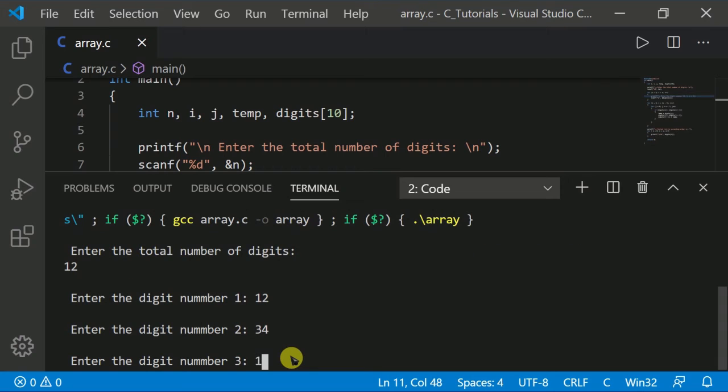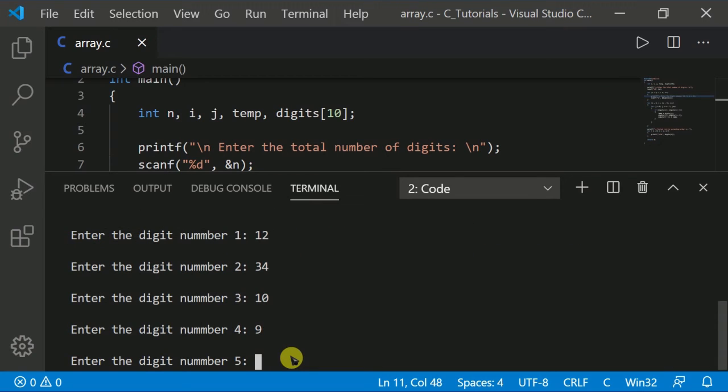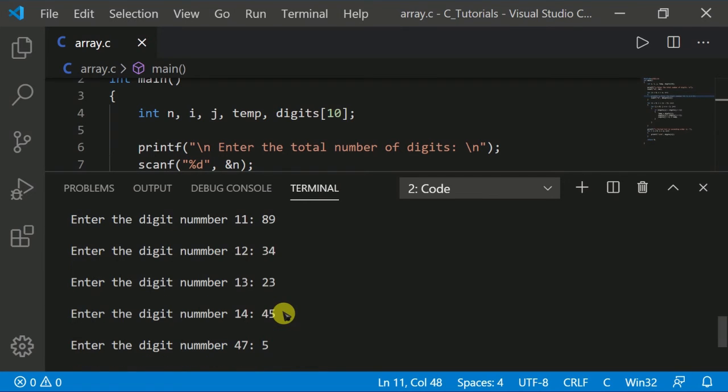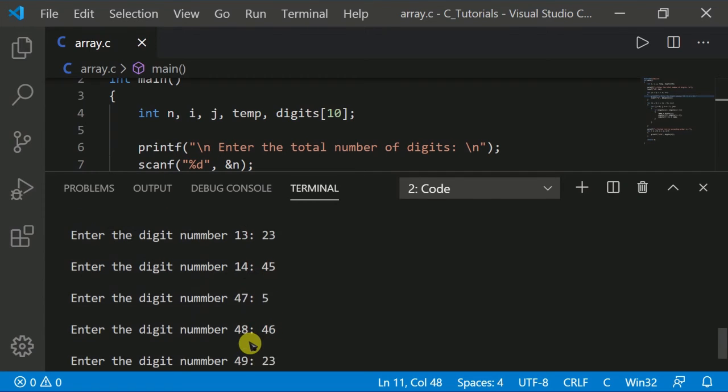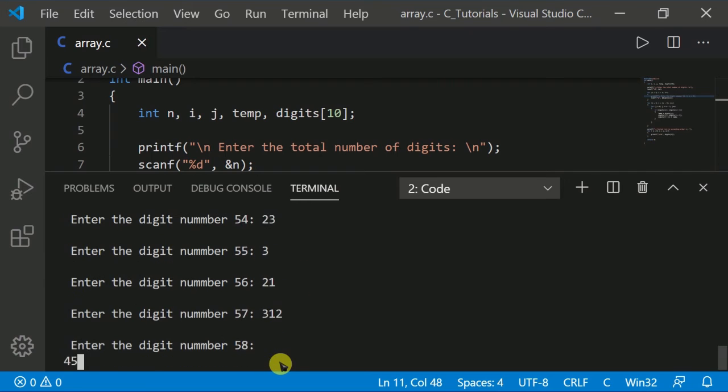It will ask you for the values, and now you can see after 14 it goes directly to 47. It will ask you for values, and at once the program will be stuck.